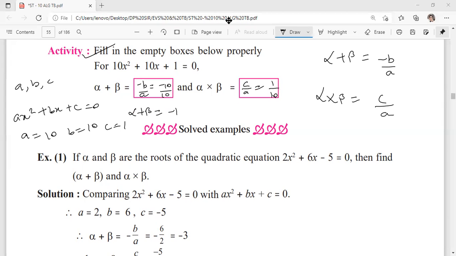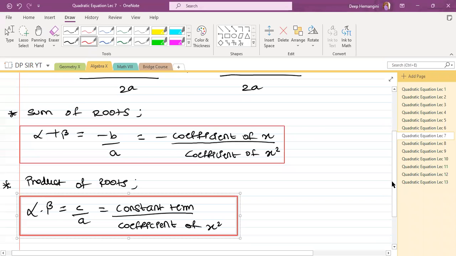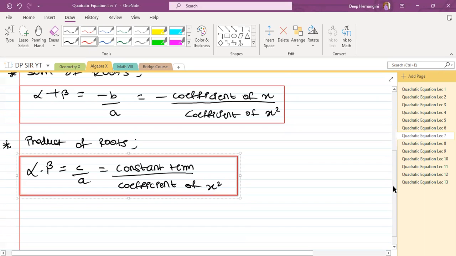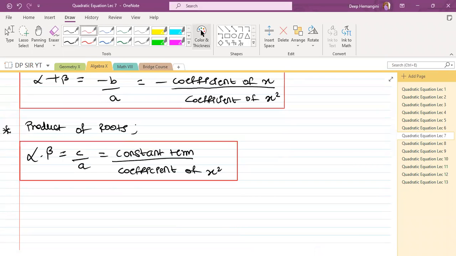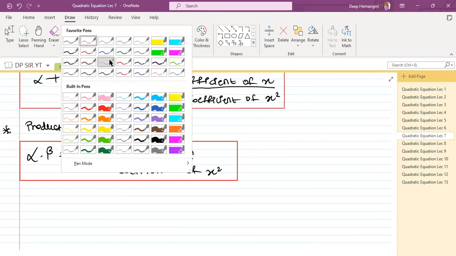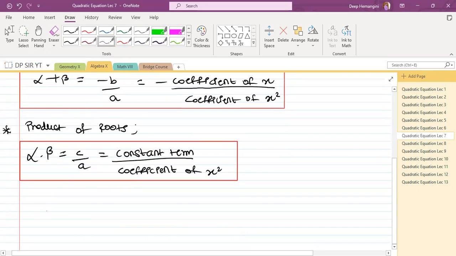Now let's shift to OneNote again. And there are a few more things which I want you all to understand. See, whenever a quadratic equation is given, we are asked to check the root of the quadratic equation. मतलब हमको बोल देते हैं कि इसका रूट चेक करके बताओ कि है कि नहीं. अभी सपोज रूट दे दिया है क्वाड्रेटिक इक्वेशन का, तो उससे क्वाड्रेटिक इक्वेशन कैसे बनाने का है वो सीखना चाहिए. So to obtain a quadratic equation having given roots, मतलब roots दे दिया है.